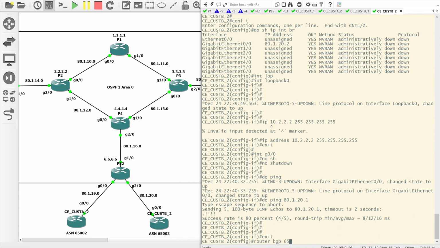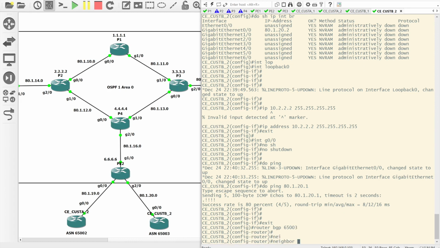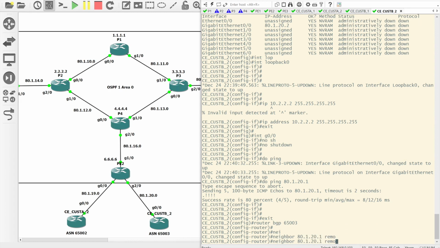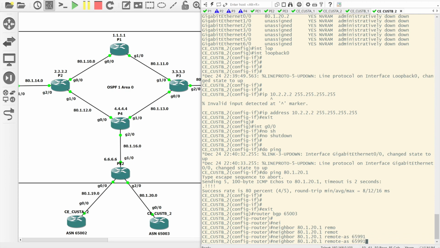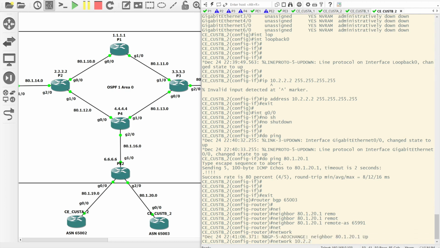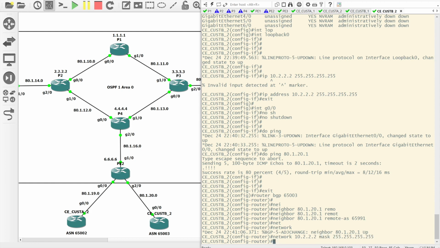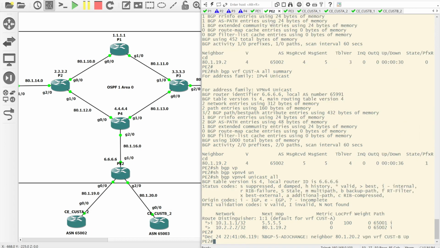So we'll scoot this over a little bit. Router BGP 65003. We'll set the neighbour to 80.1.20.1. Set the remote AS to 65991. And we'll set the network to 10.2.2.2 with a /32 mask. And we can see that's already come up there. So we'll verify that on PE2